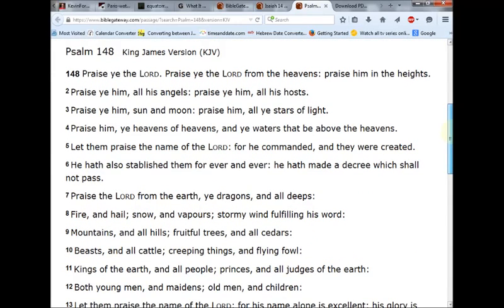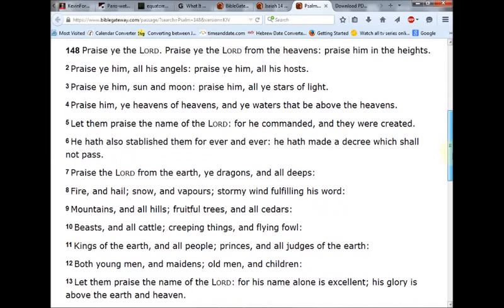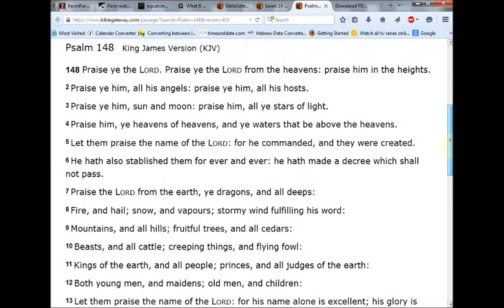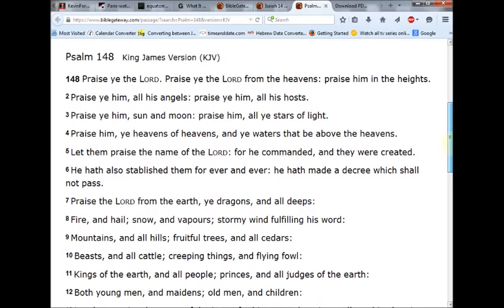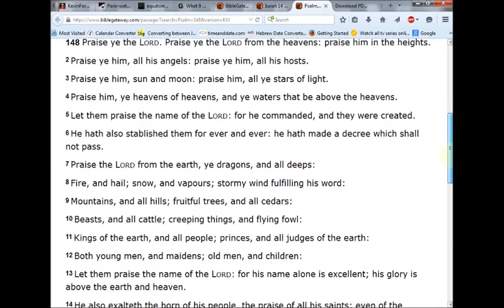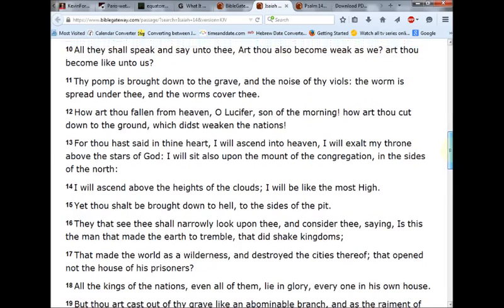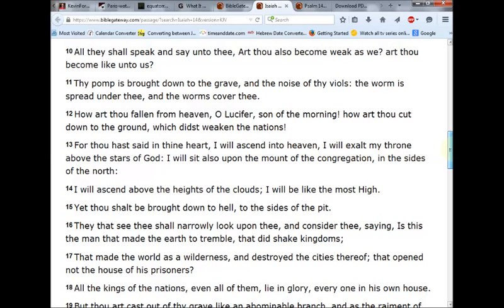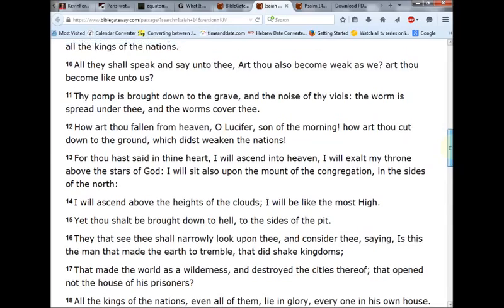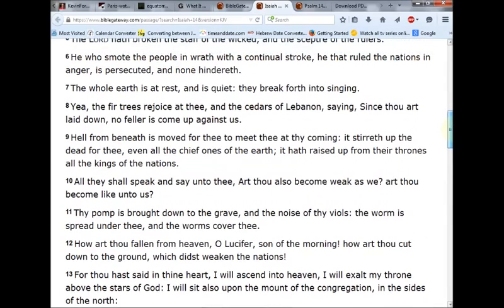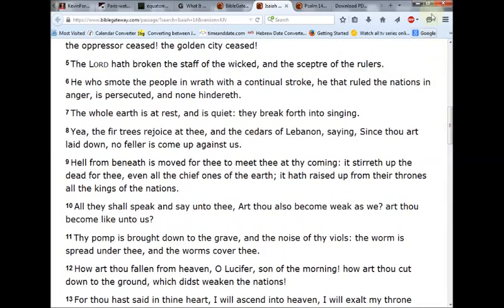Praise him, ye heavens of heavens, and ye waters that be above the heavens. Are there some kind of waters above the heavens that are reflecting this image to us? If any of you have any experience with lenses and domes, mirrors that would create this kind of effect on a given surface, please come forward and let's brainstorm and talk about it.